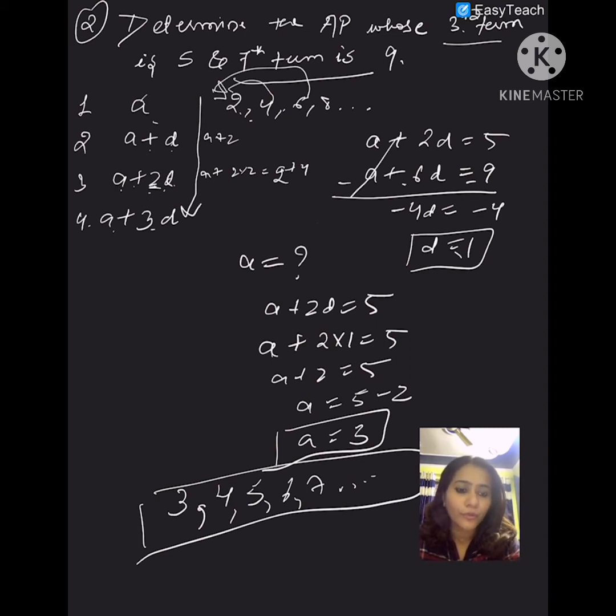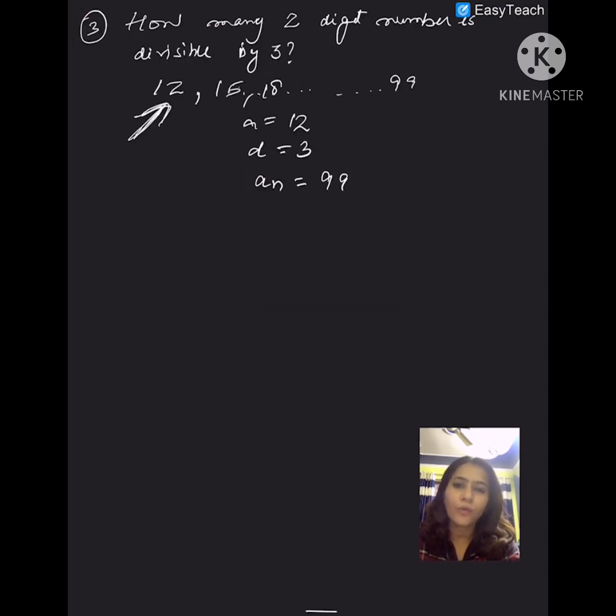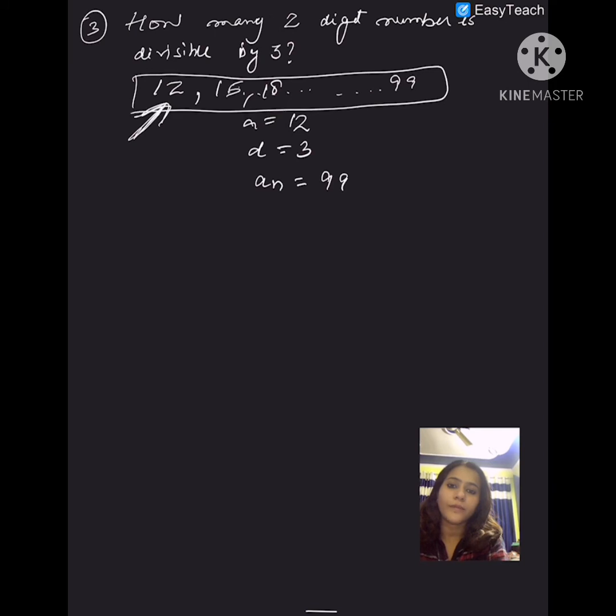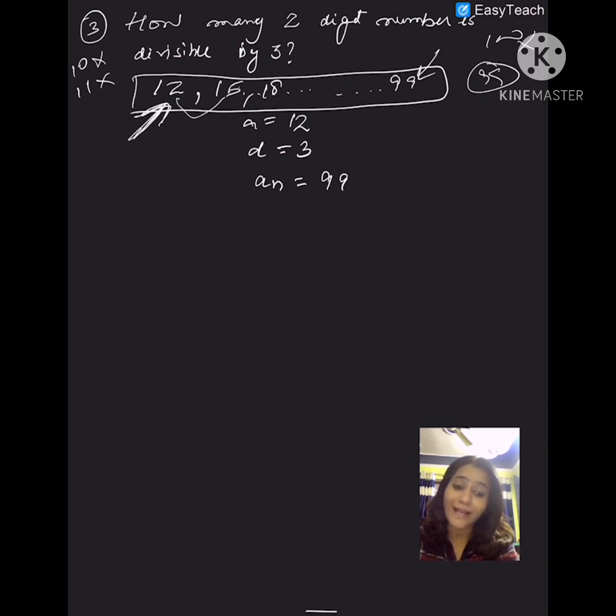And the next question that we are going to move to is this: how many two-digit numbers are divisible by 3? 12, 15, 18 till 99. This series you have to form all by yourself, because the question says how many two-digit numbers. The two-digit numbers start from 10, 11, but these two are not divisible by 3. So you start with 12 and the nth term is 99, which is divisible by 3. 100 is not divisible by 3, but 99 is. This you must know. So the series you have to create on your own. The difference you have to take is 3. Why? Because divisible by 3, so there has to be a difference of 3.